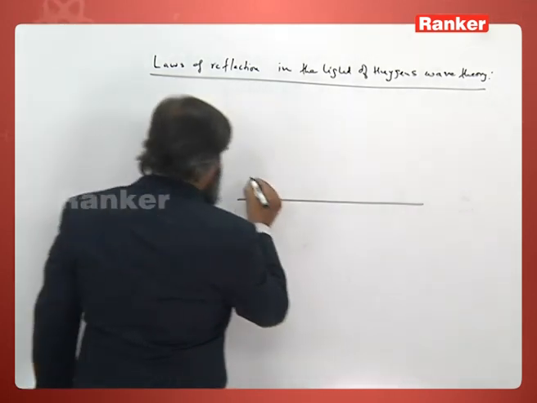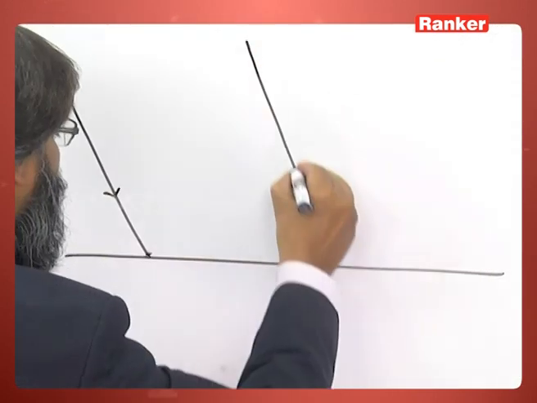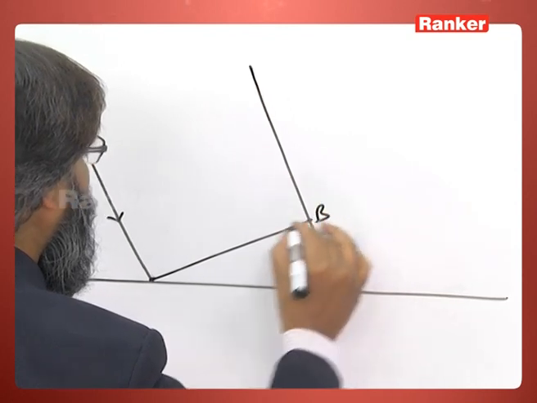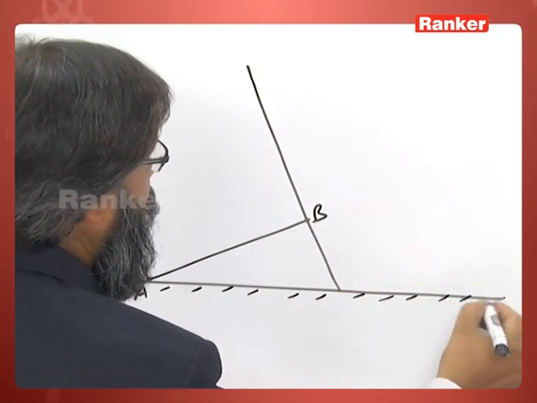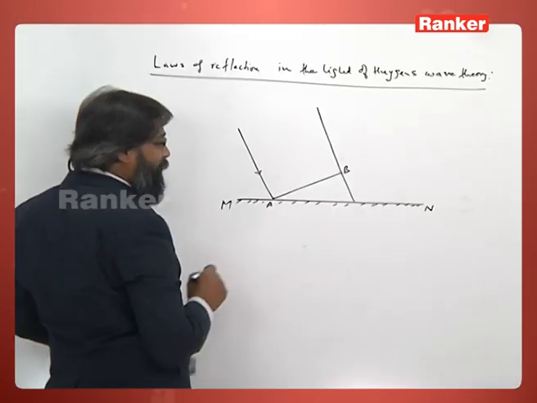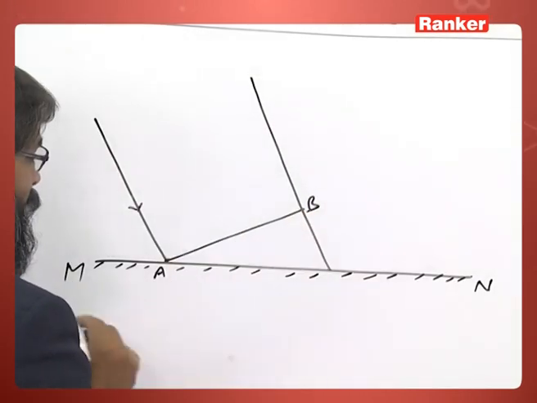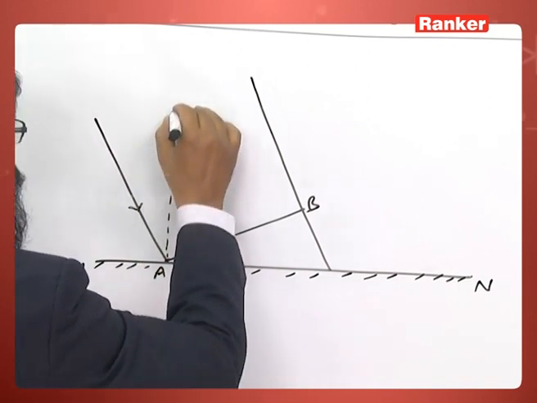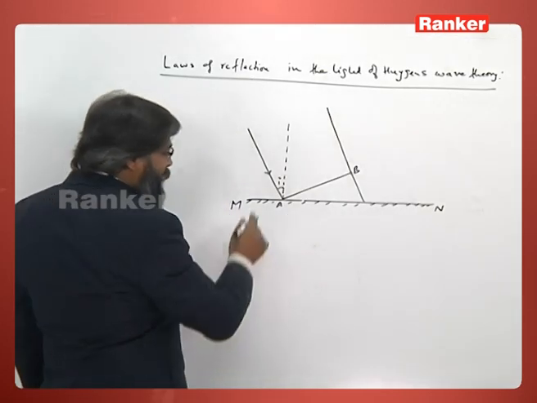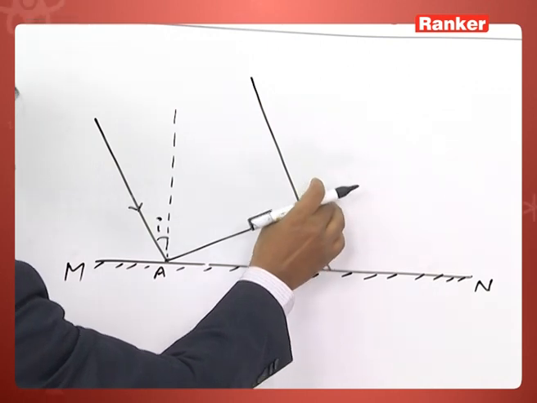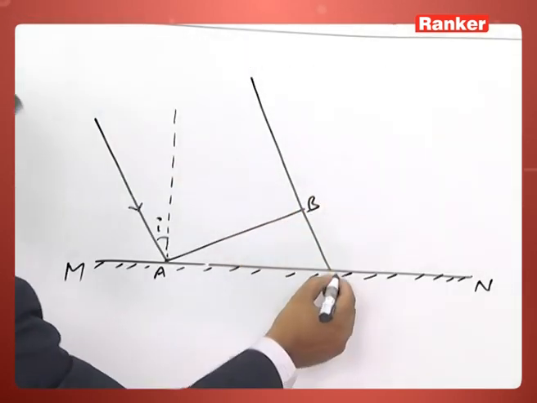Let us first see that this is a ray and another ray. AB is the incident wavefront, and this is my plane mirror MN. Now this is the normal I am drawing, this is I. What will happen when A first reaches here, B is still here. A and B are in phase, they are on the wavefront. When B reaches C,